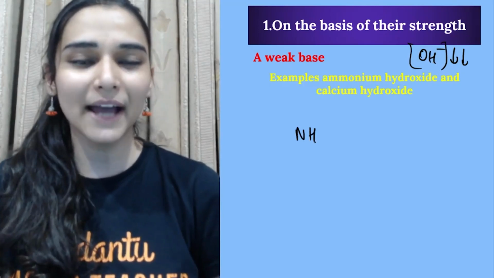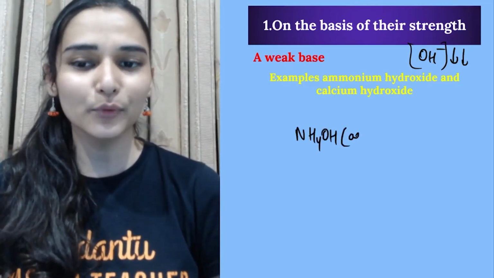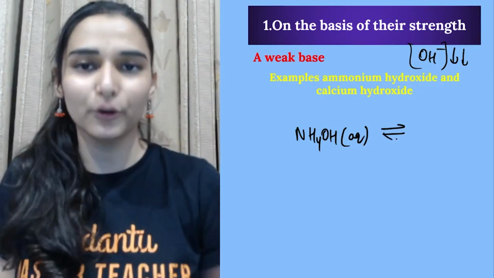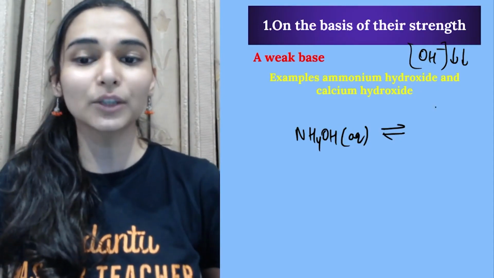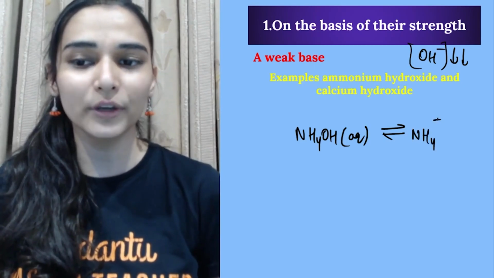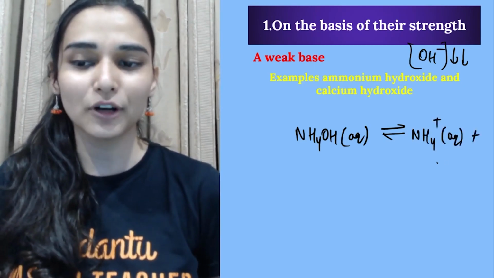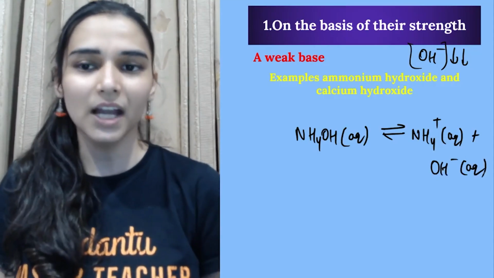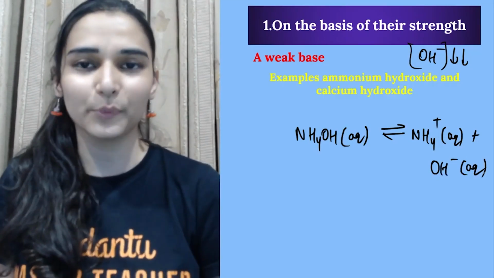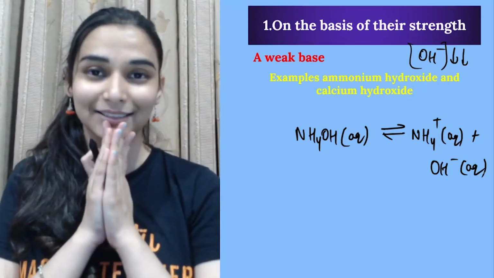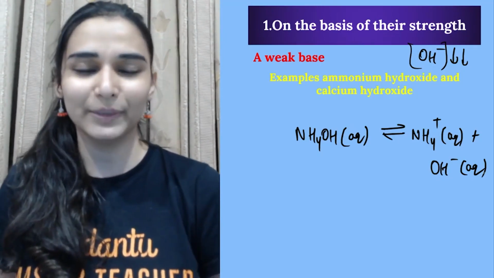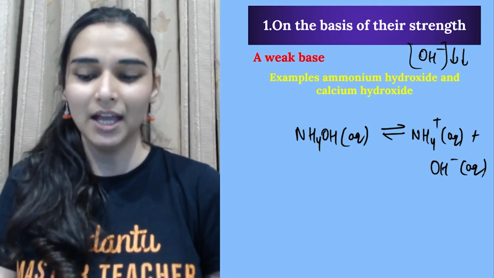Example, ammonium hydroxide. You have taken the aqueous solution, then let's say 100 molecules are there, then maybe only 20 are ionizing. Only 20 molecules are breaking down to give me ammonium ions and hydroxyl ions. So OH ion concentration is very less here. They are not as corrosive as the strong bases, but still we have to maintain distance from them. And in normal life, we have applications of bases around us.